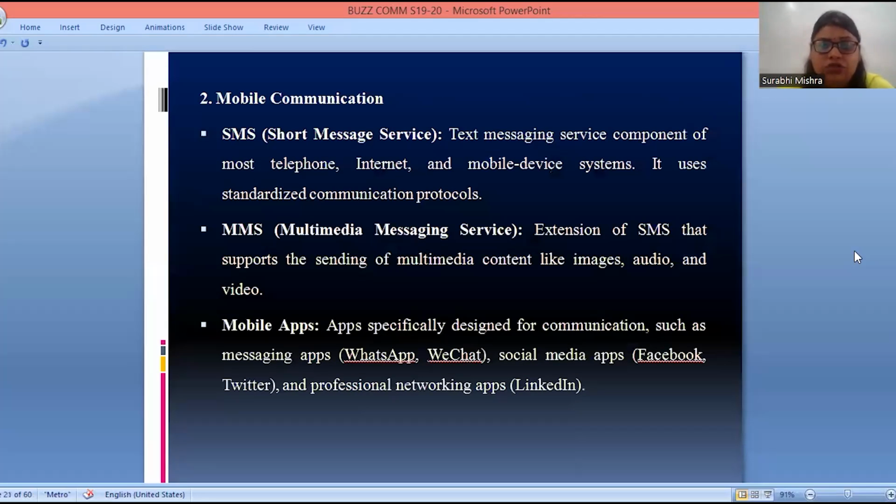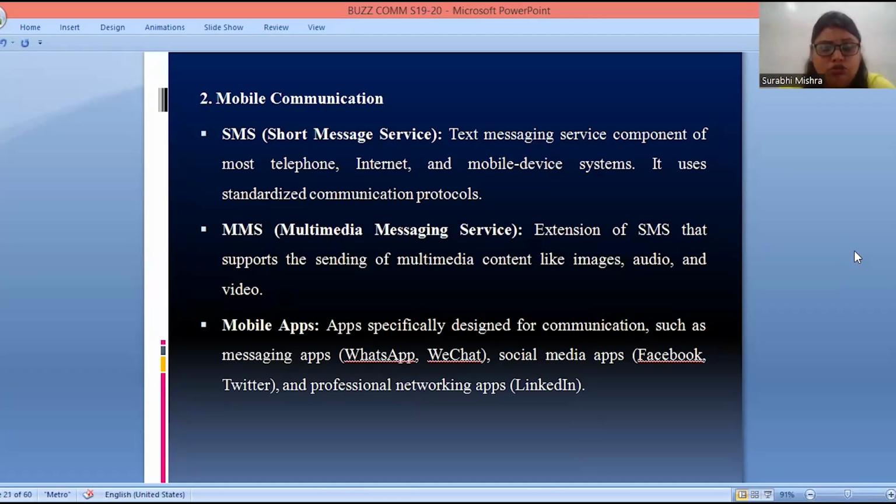Moving to the next type, mobile communication. Mobile communication includes short message service, the text messaging service, a component of most telephones. Short message service is the text service of most mobile phones, using the internet and mobile device systems. It uses a standardized communication protocol, right? There is a short message service in everyone's mobile phone, so they may use it as a form of communication.